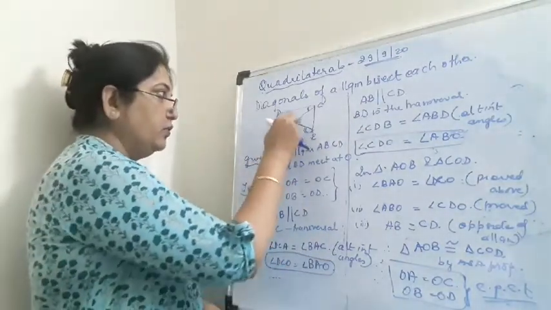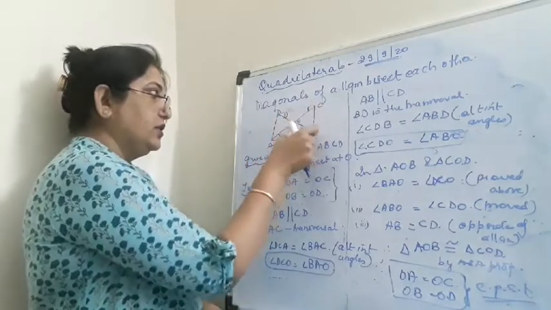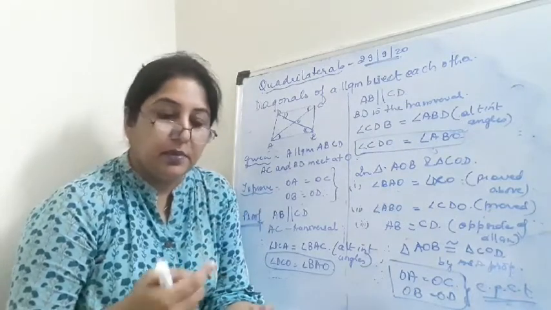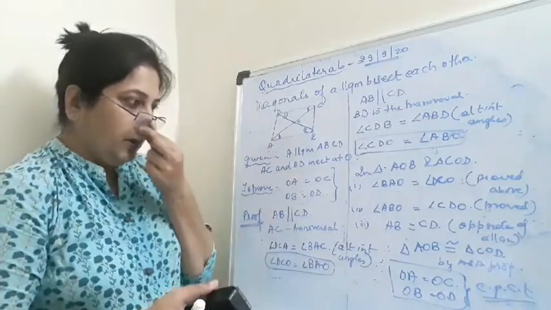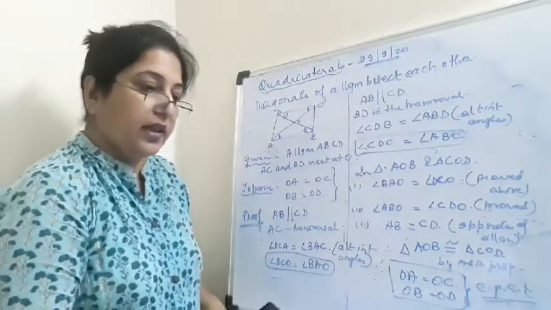That first we are going to prove the two triangles to be congruent, and then we'll take AO is equal to OC and OB is equal to OD as the corresponding parts of the congruent triangles. Okay, so I am completing this now. I am finishing this, and we now come to the next one, that is